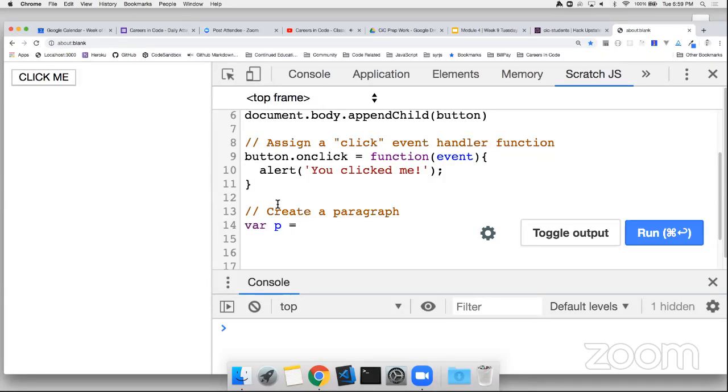RP equals document.createElement, p.innerText. Yeah, you have to refresh. Paragraph. Yeah, if you keep clicking that, you're going to have like 1,000 buttons on there, and